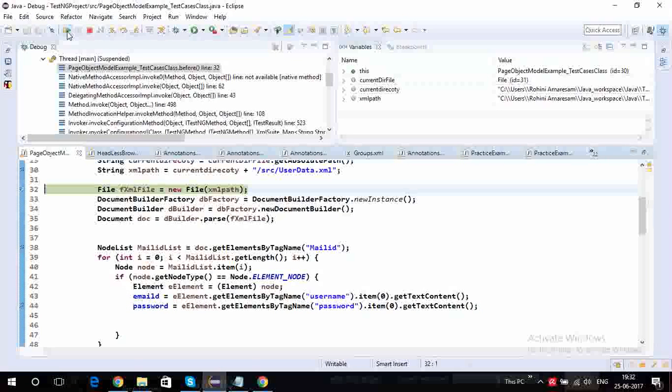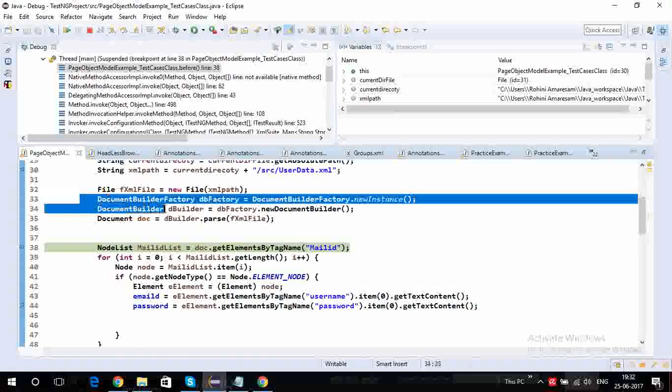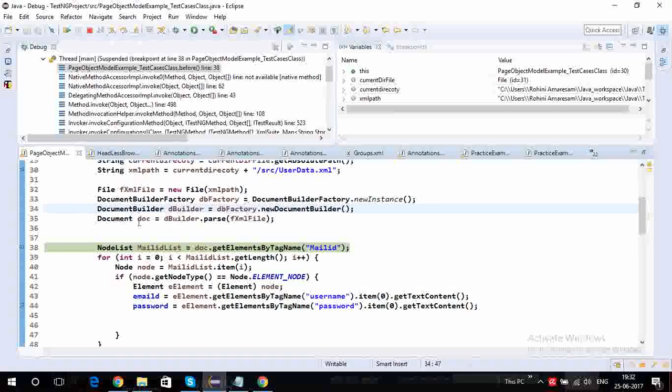See here. It came to line number 38 and there it is waiting. Now, if you want to go again line by line, just click on this, step over. If you want to go to a particular debug point, if you have multiple debug points, you can go directly. Consider you saw some error coming and you suspected the reason is here. You executed one or two lines line by line, and whatever value you are getting for this variable,